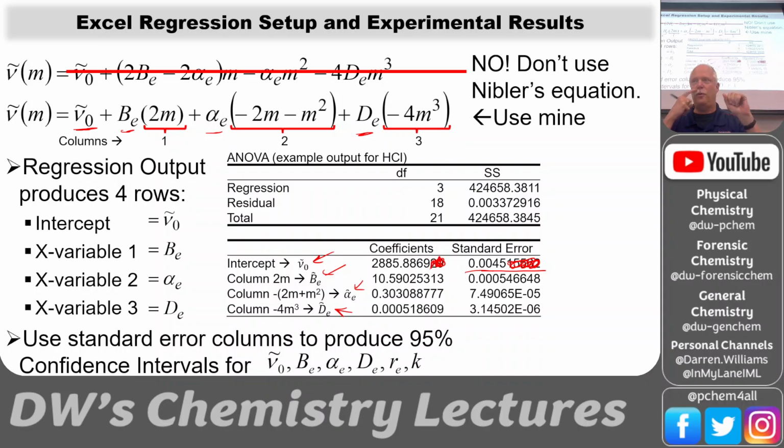Like if I give you 4.56, I'm telling you I'm certain about 4.5, and the 6 is uncertain. So I'm going to keep that digit of uncertainty. But that's only if you have this first column of numbers. When you get the standard error column of numbers, now you know where you're uncertain. And I see a lot of times in literature they keep two figures of uncertainty. So 0.00054, that's where our uncertainty is. And so we would round our number the same place. So we would round this BE right there,